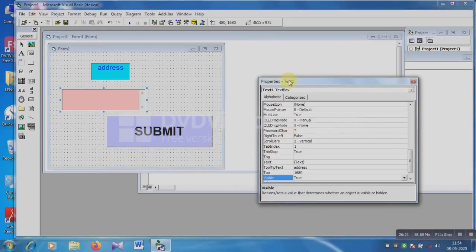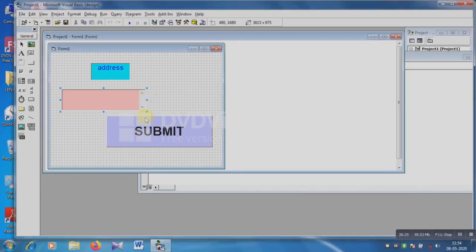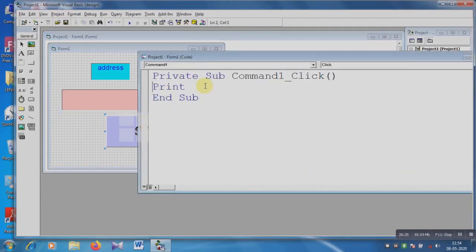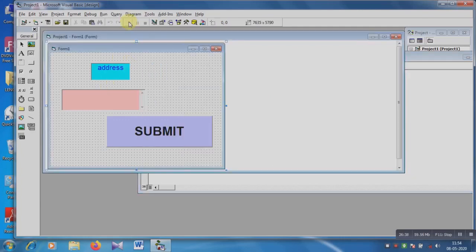See the property, this is Text1, means this is the Text1 text box. So you have to write here Text1.Text. Let's see.